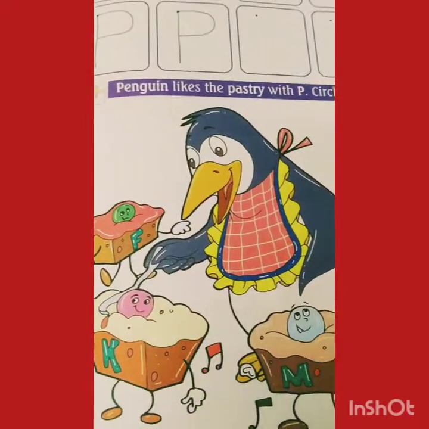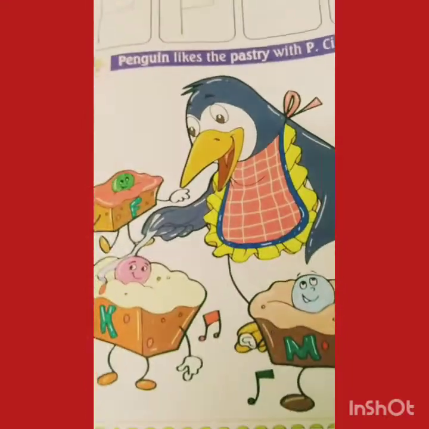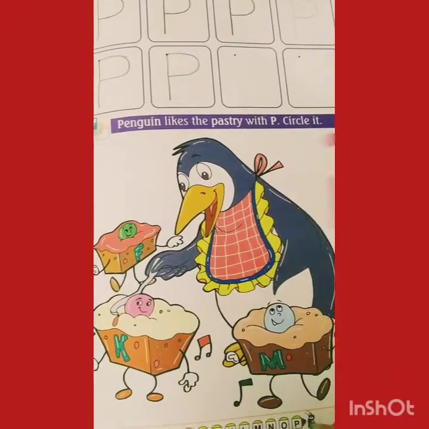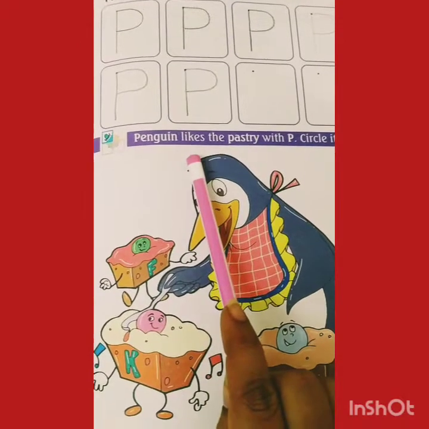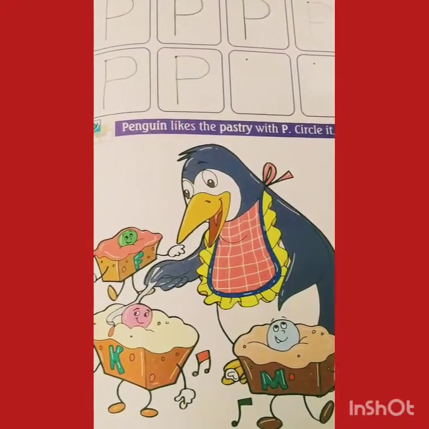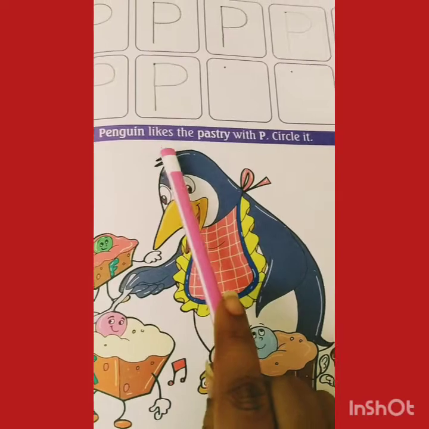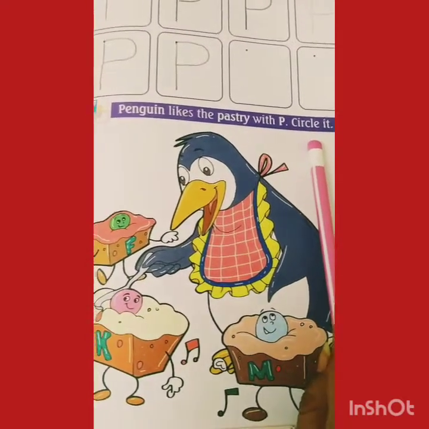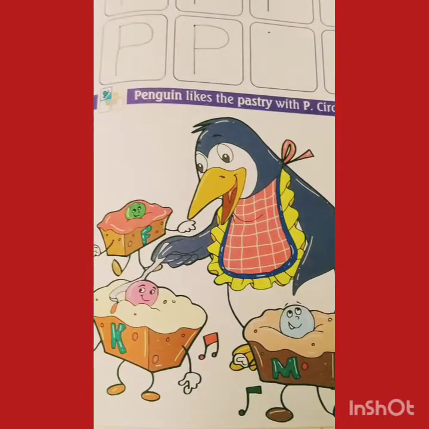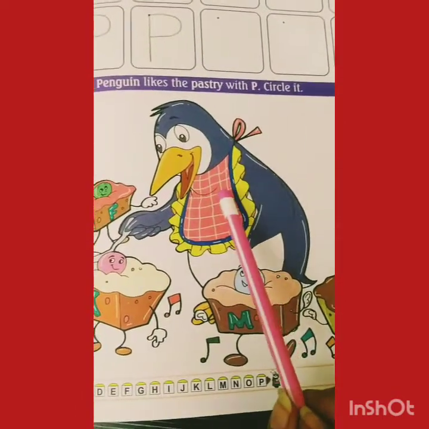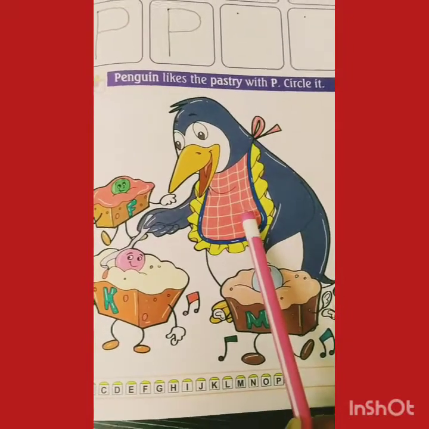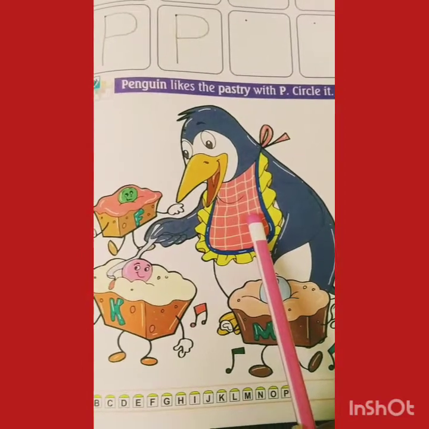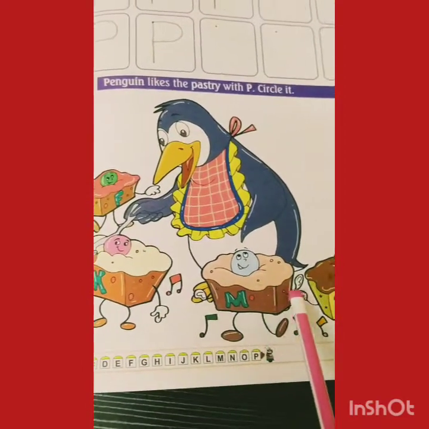Now see downside, we have a small activity in this book. So what is the activity? Penguin likes the pastry with letter P. So circle it. So kids, here we have one penguin. P for penguin. Okay, and this penguin likes to eat pastries.